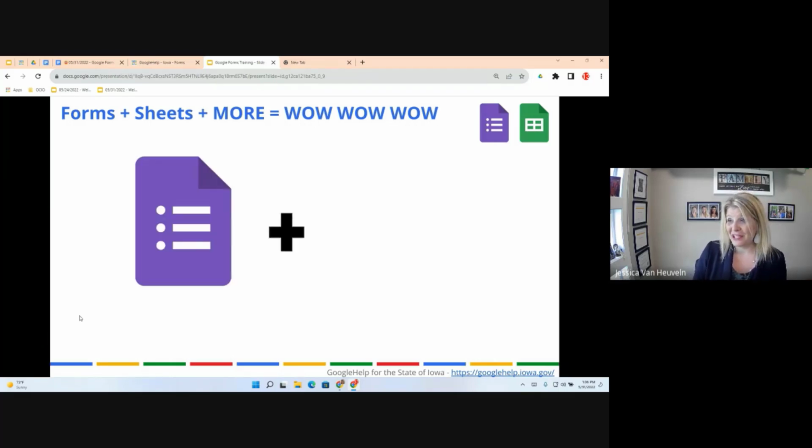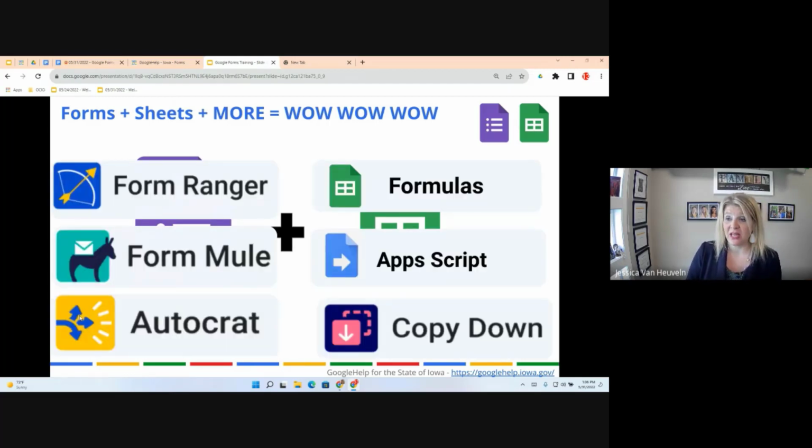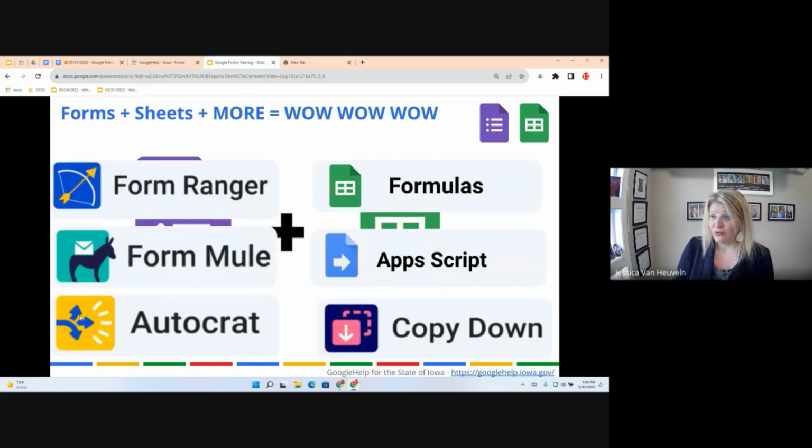Forms plus sheets plus using these options can really make it a very powerful tool, such as Form Ranger, Form Mule, Autocrat, formulas, app scripts, copy down. These are just to name a few. You can actually do a lot of workflows. You can do email confirmations. You can do all sorts of things. So that's why it's the wow effect, right? We can do a lot, and you don't have to be like this coder. So we're going to dive into this and show you these tools that can really bring a lot of enhancements